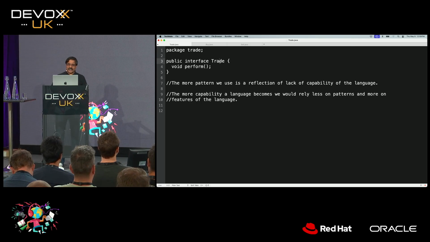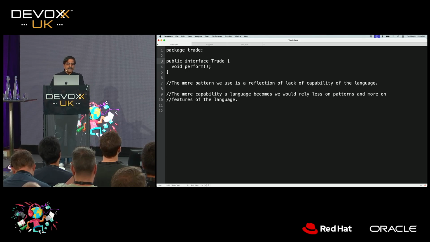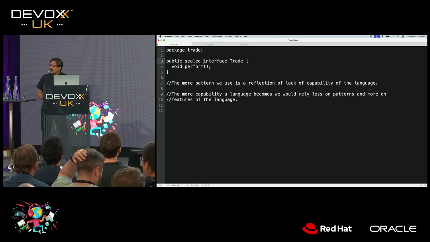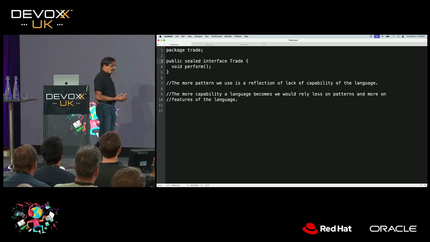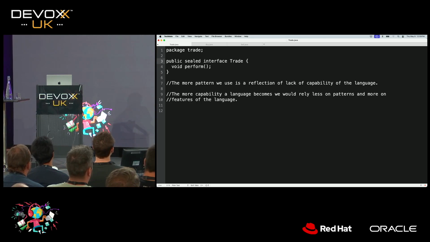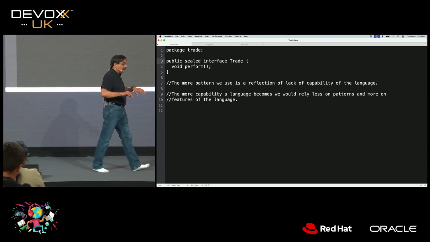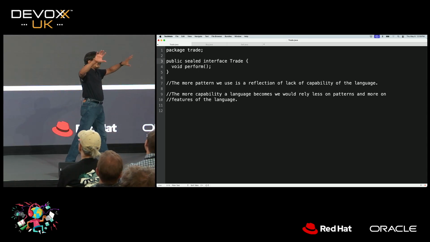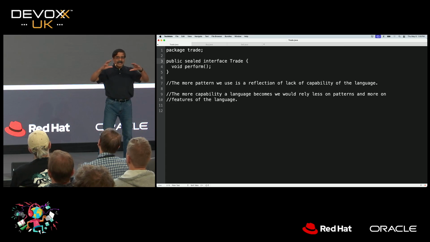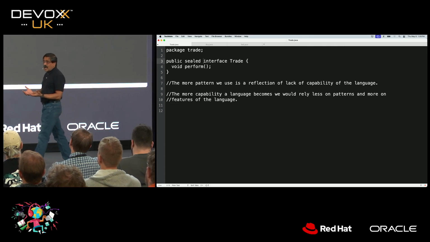So what can we suggest here? Maybe we could say it's a sealed interface called trade. What's a sealed interface or a sealed class? A sealed interface or a sealed class tells you that you are going to closely control the family of classes that can follow that hierarchy.